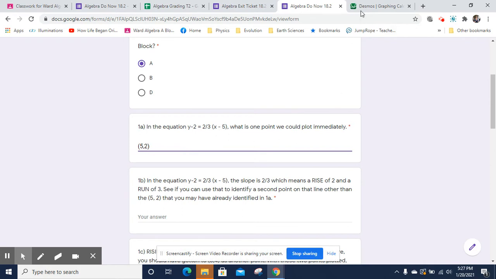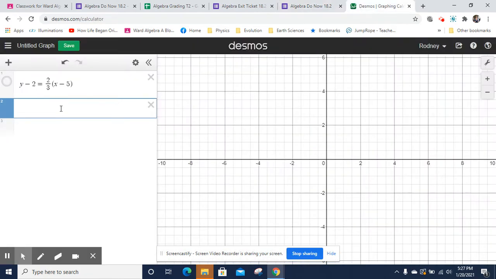So I'm going to go ahead and plot that point. So I've got this equation right here, and we'll plot (5, 2). And we'll go ahead and label it. Now, the next question asks,